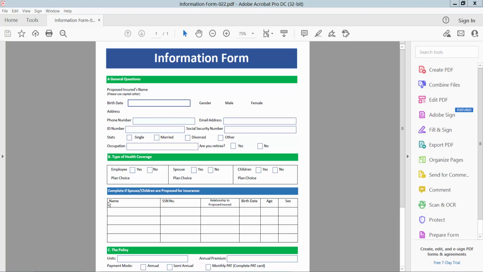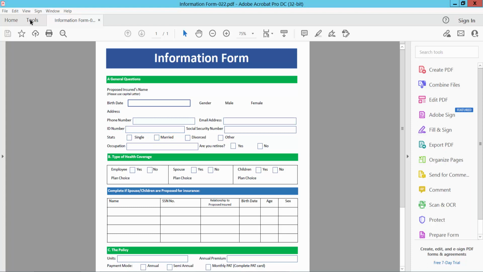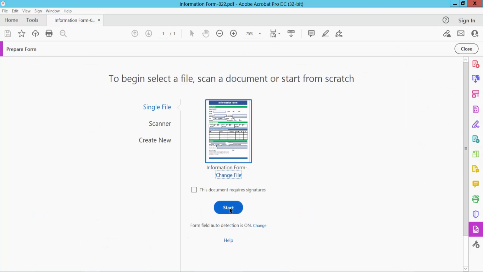Hello everyone, today I will show you how to make a fillable PDF form with image field. Open your PDF form. Now simply select Tools option and scroll down. Here you will find this Prepare Form option. Now select Start